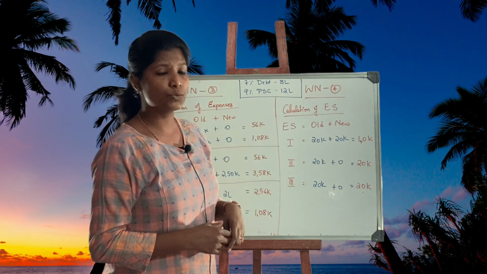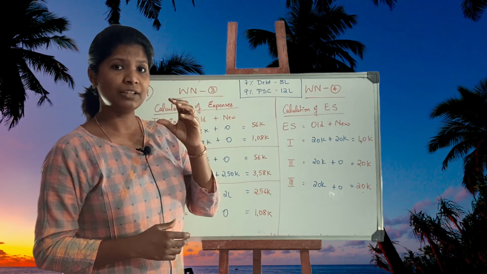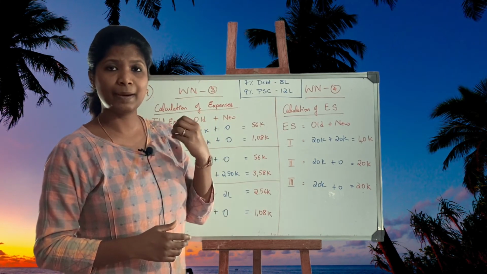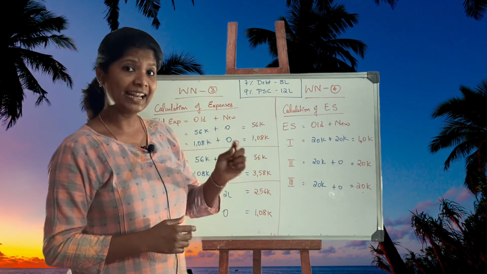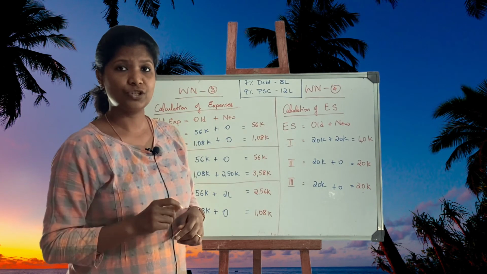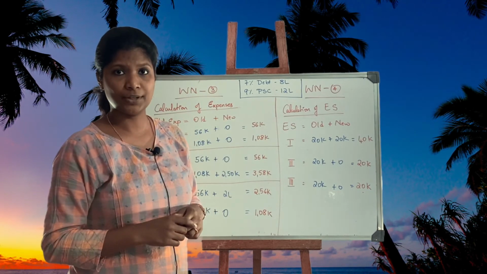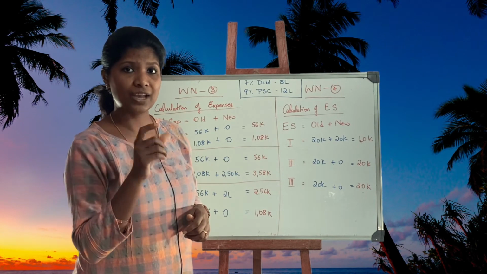Moving on to the last working note, calculation of shares. Existing capital, if you divide the total capital 20 lakh by 100 rupees per share, you will arrive at 20,000 equity shares. And under plan 1, that is the new capital, it is said in the question, issue 20,000 equity shares at the premium of 25 rupees per share. So the 20,000 shares is mentioned there.